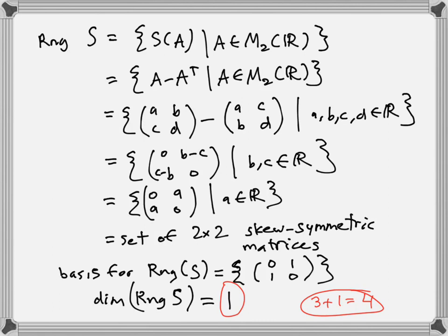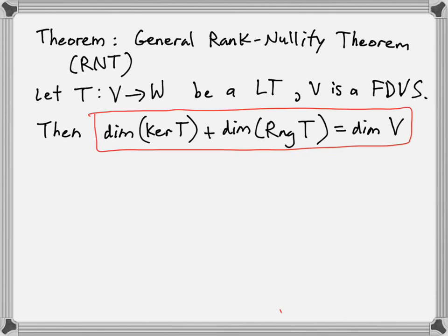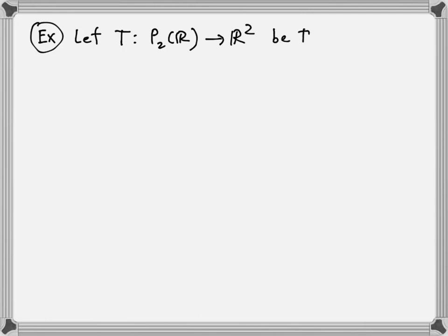What's really neat about this is we can use this to actually figure out what subspaces are without actually calculating, because the dimensions really limit the arguments here. So we're going to do one more example. Let T, which goes from P2 of R to R2, be the linear transformation given by